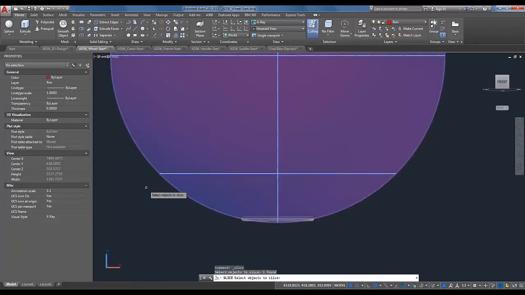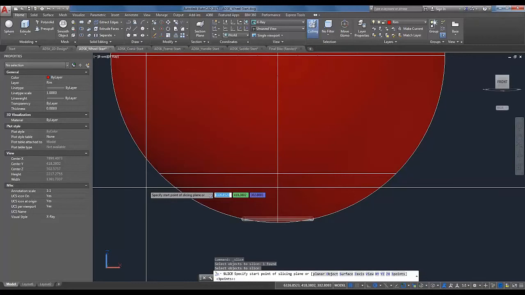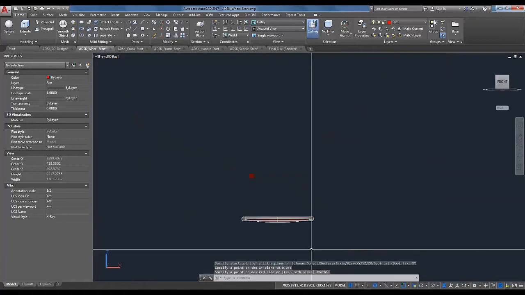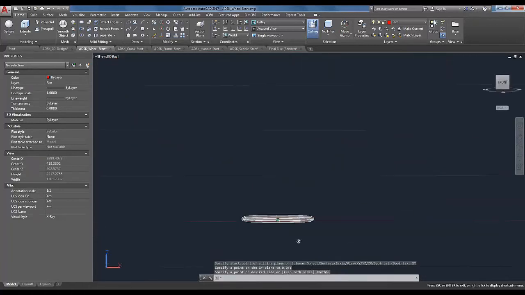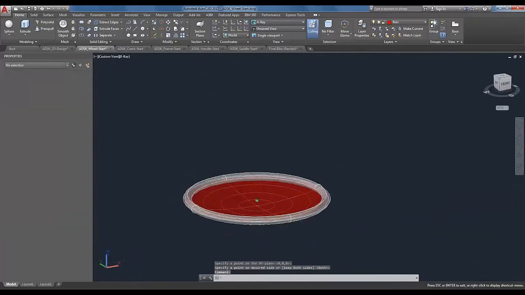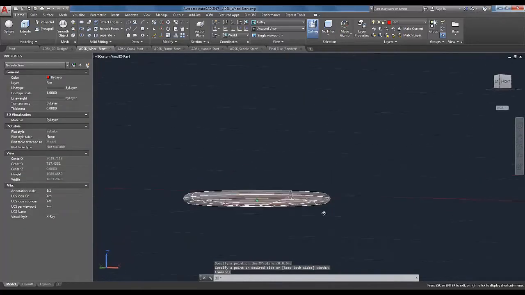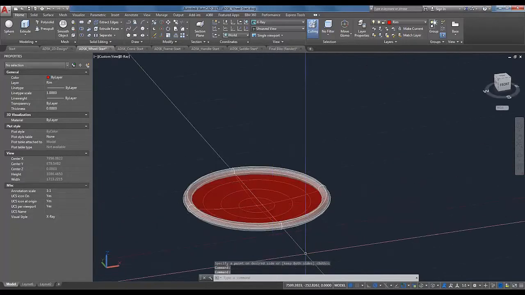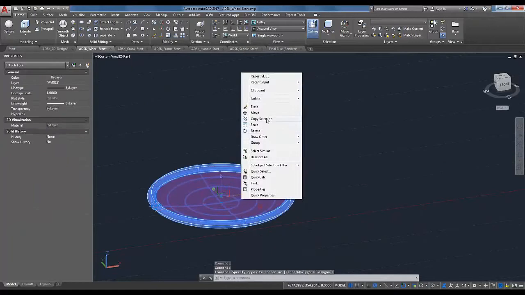I'm going to select my sphere, hit enter, and I want to slice this along the XY plane at Z equals 0. So I'm just going to type in XY, because I designed everything on that XY plane at Z equals 0. Hit enter, and it's going to ask me what side I want to keep, so I'm just going to click somewhere down below, and there you go. I sliced away the whole top of it, and all I'm left with is the bottom edge. That is the geometry that I designed in that plan view. I'm going to copy this over,